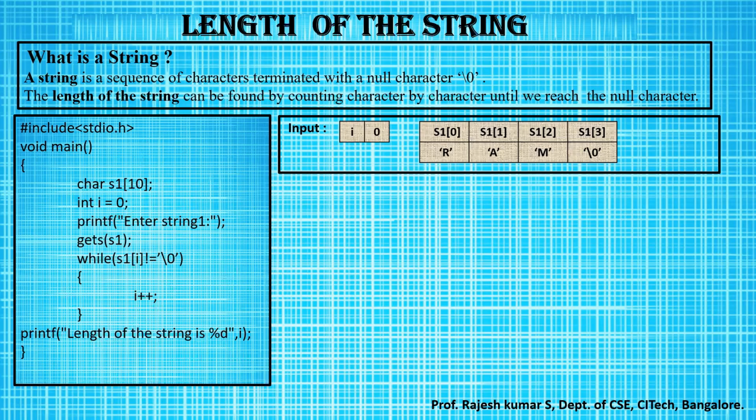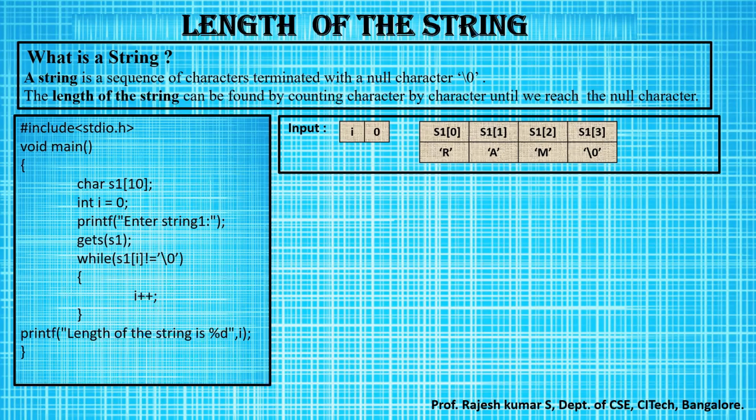So the logic behind this program is, I have to traverse inside the array. When I traverse inside the array, I will check whether the first value present in the array is null or not. If it is not null, I'll keep the count of it. I'll traverse to the next location of the array. Like this, I traverse until I reach the null value. Each time I traverse, I will use a variable called I. I will increment the variable to keep the count of how many characters are present in the array.